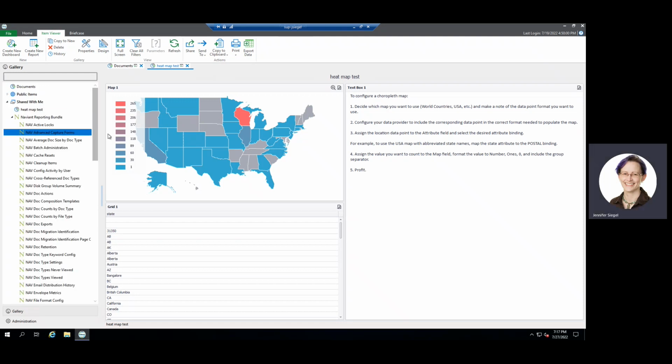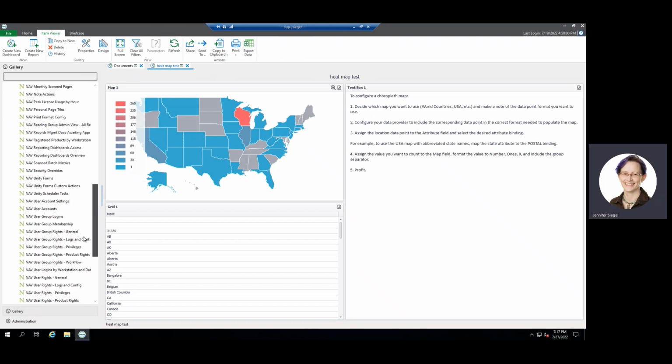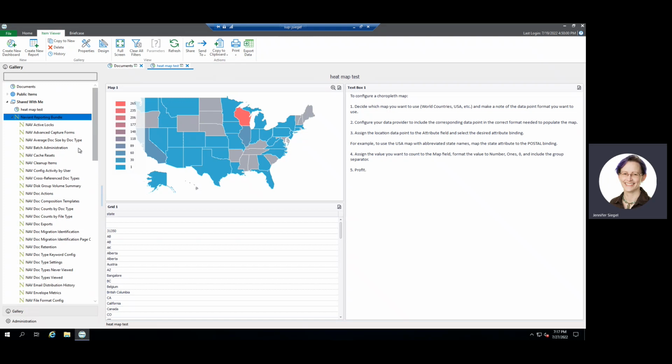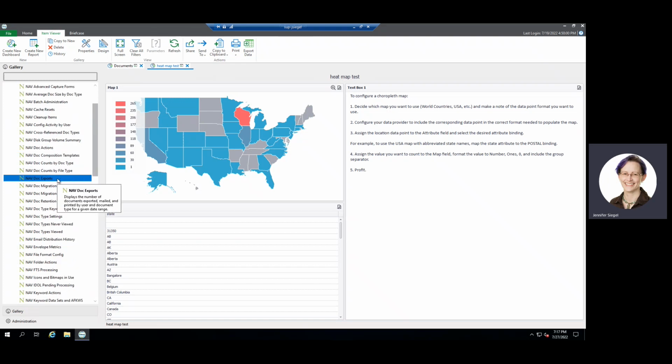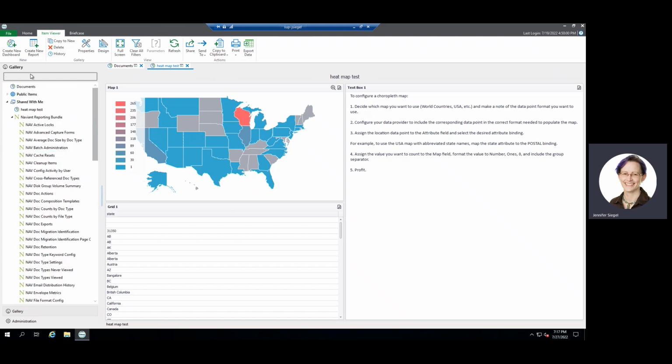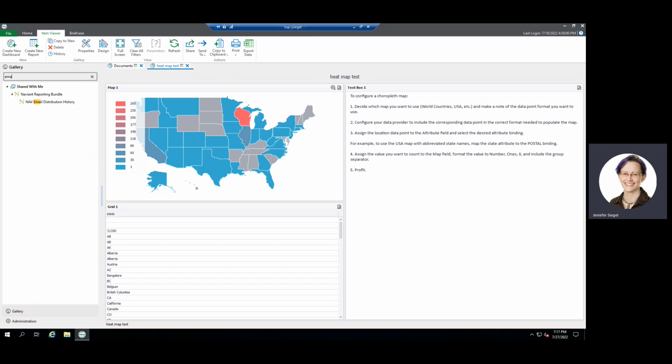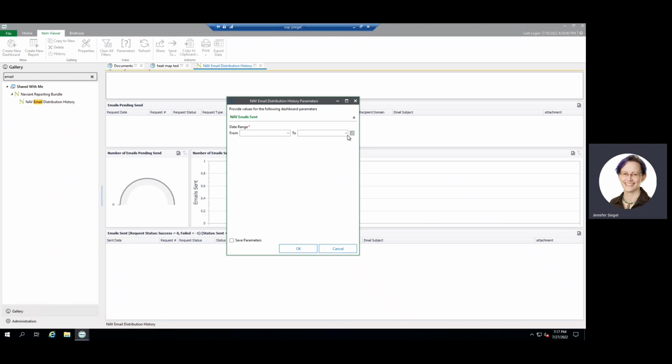So here's the Navient bundle. Lots of reports in here, as you can see. I don't have any emails in this system, I don't think. So I don't know if I'm really going to be able to show you data on this dashboard, but I can give you a general idea of